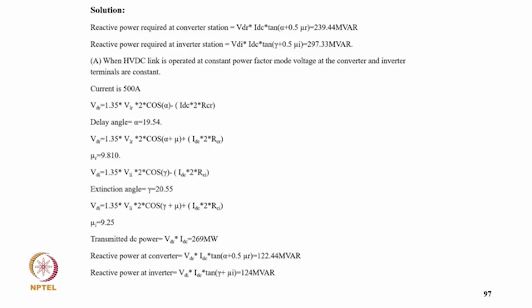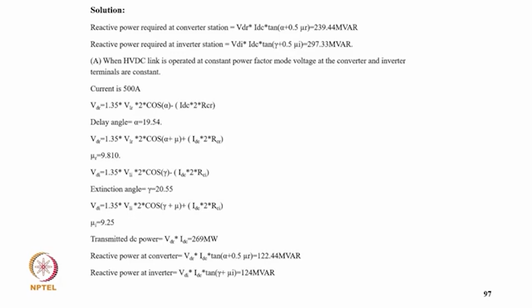So part A, when the HVDC link is operated at constant power factor mode at the converter inverter terminal, so current is 500 ampere, so VDR equal to 1.35 VLR into 2 into cos alpha minus IDC into 2 RCR, so delay angle is 19.54 degree, so VDR equal to 1.35 VLR into 2 cos alpha plus mu plus IDC into 2 RCR, so mu r comes 9.8 degree, and VDI equal to 1.35 VLI into 2 cos gamma minus ID into